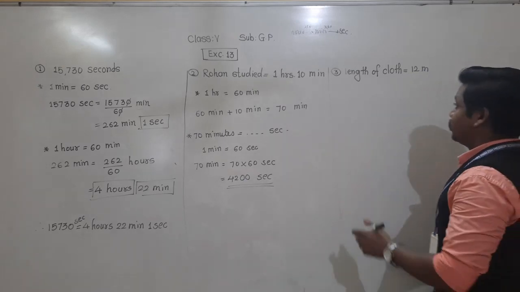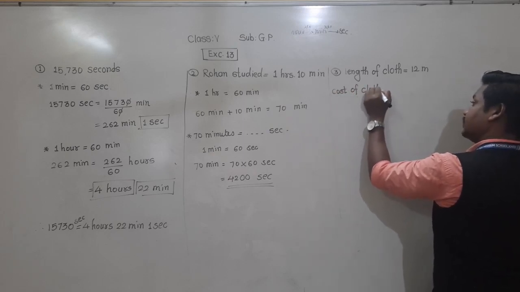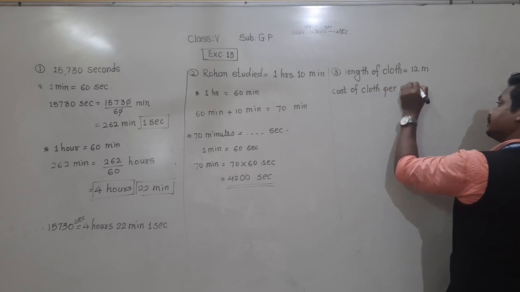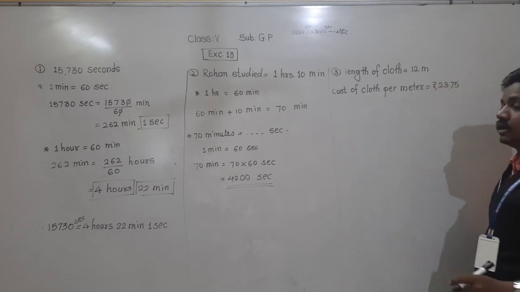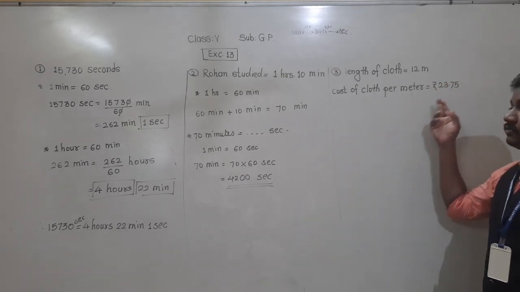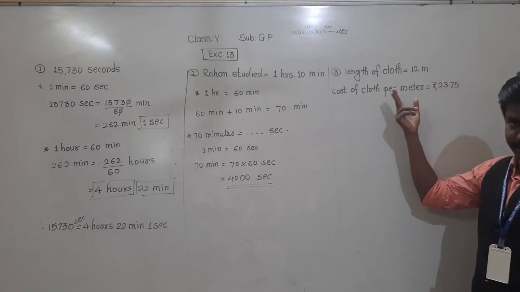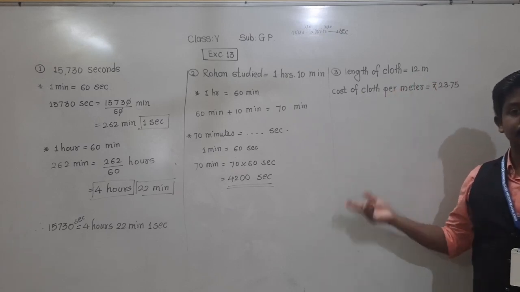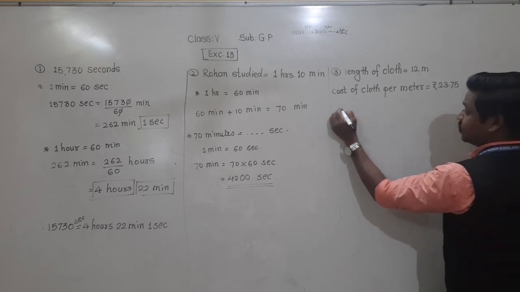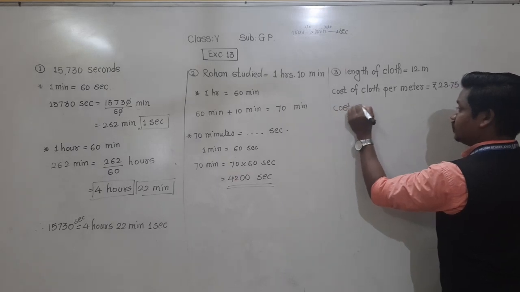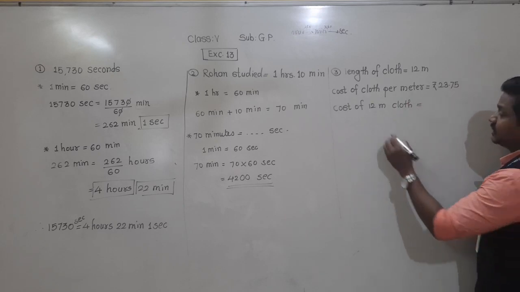Okay, per meter. Cost of cloth per meter is rupees 23.75. Then see, this 23.75 is the cost of 1 meter cloth and given 12 meter cloth. So given for one, asking for 12 meter. What is the cost of 12 meter cloth? Okay, given for one, asking for 12. Which operation we have to do here now? Yes, multiplication. So cost of 12 meter cloth is equal to, let us multiply rupees